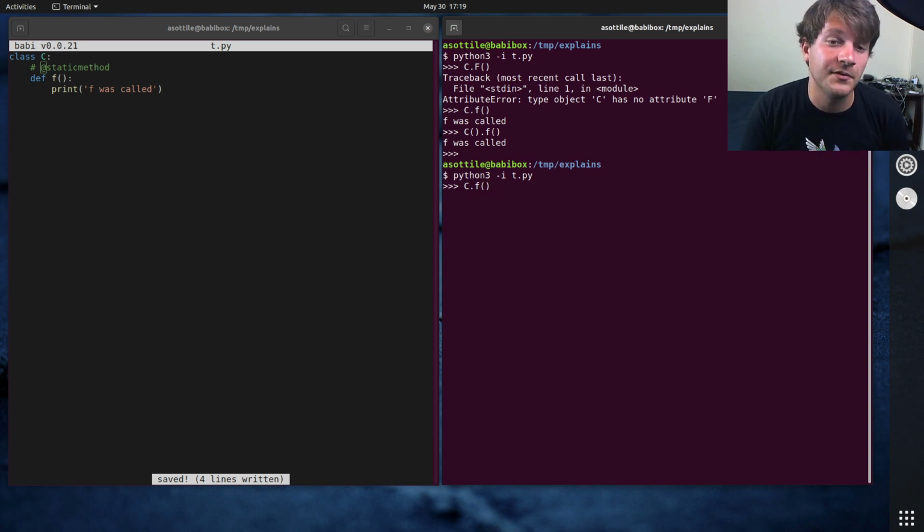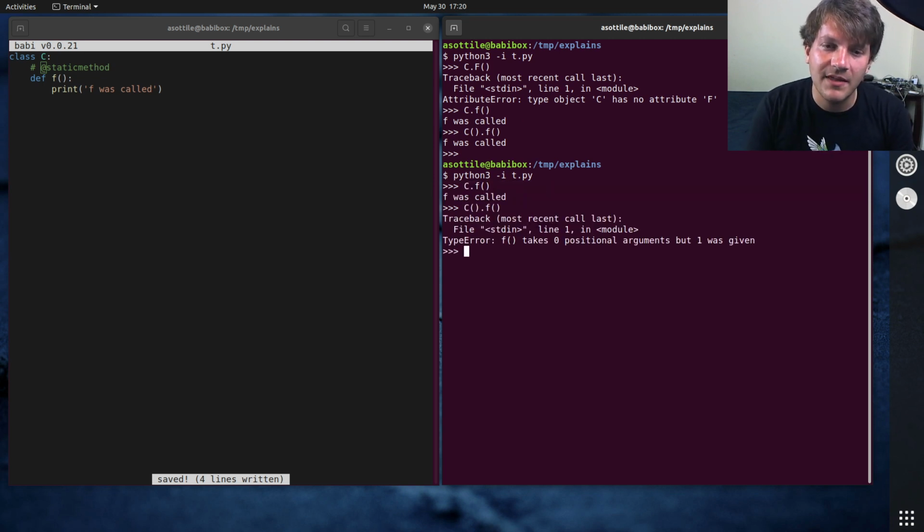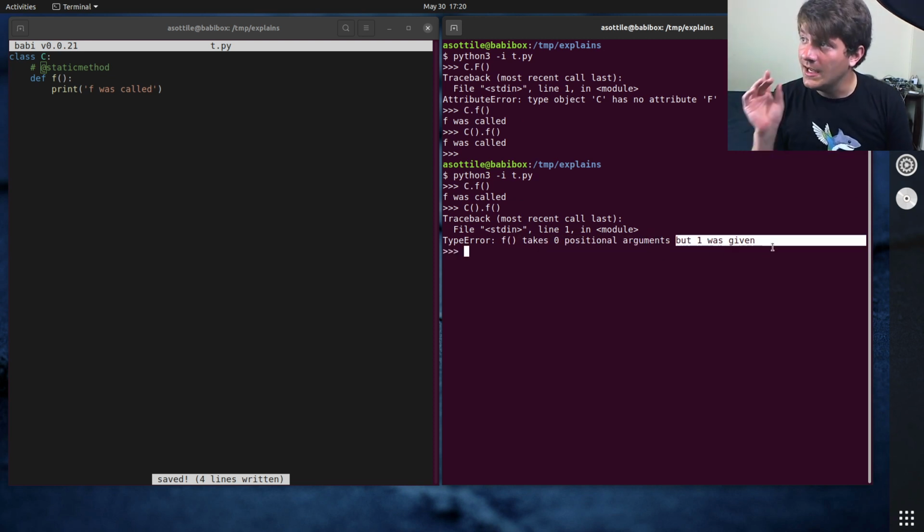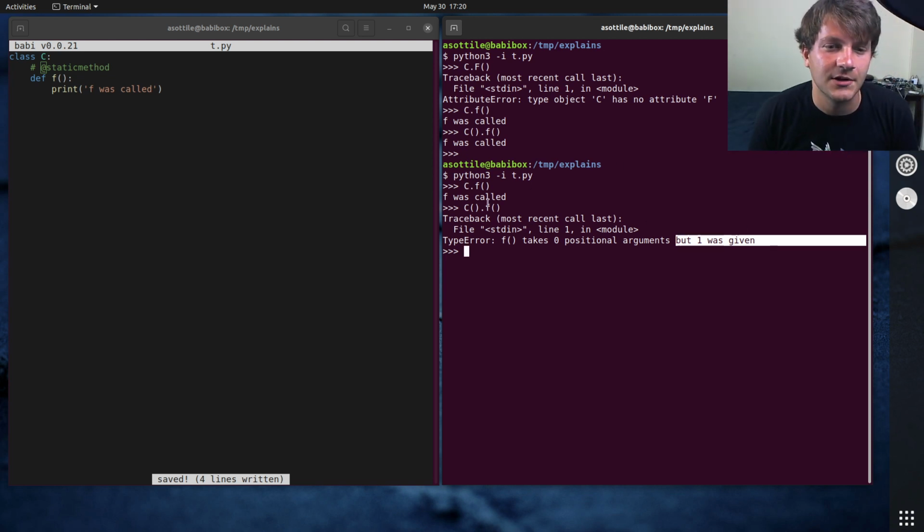is actually new in Python 3. This wasn't the case before. So you can see that you can call the function like this. But if you were to try and call it on an instance, you'll get this error about 0 positional arguments, but 1 was given. And the one argument that's given here is that implicit self that gets passed along when